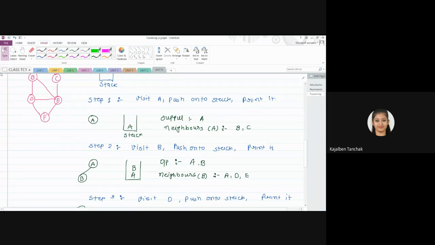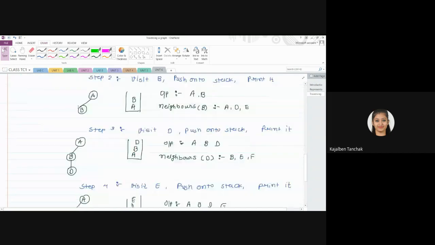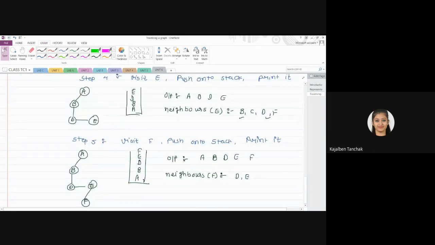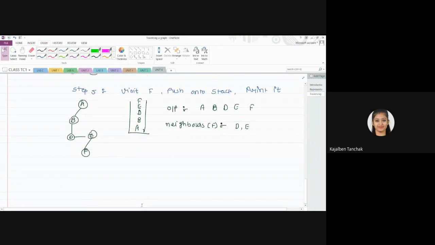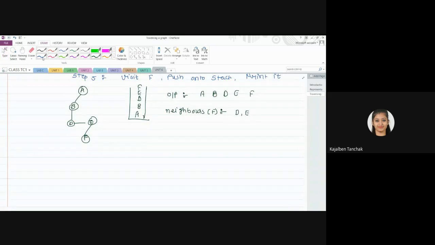Okay, so we are having the way from E to C, right? So you want to backtrack from F to E. So what you will do, you will pop F. Okay, so step number 6 is what?